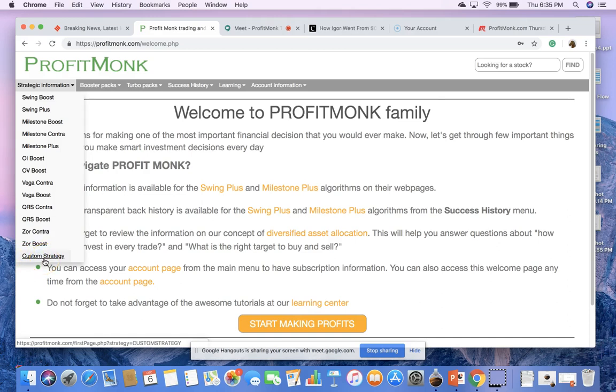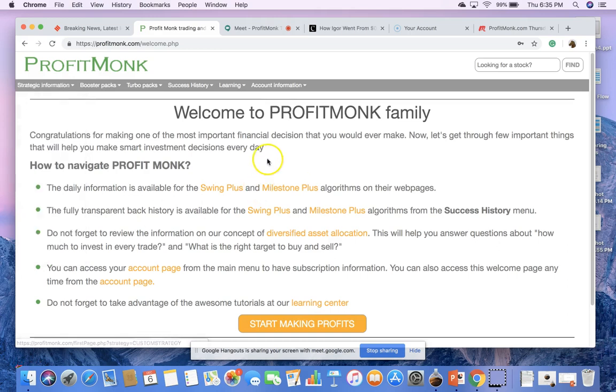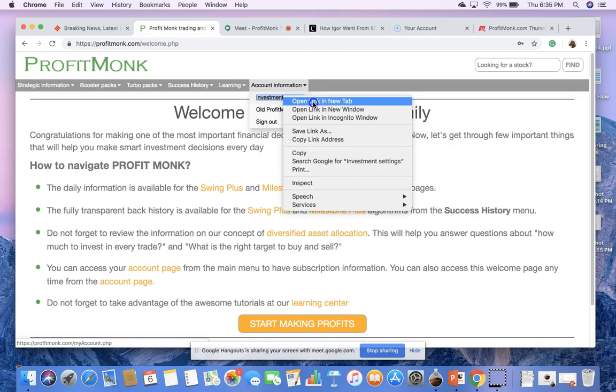No. Okay, so let me first clarify that because that will help you navigate the portfolio better. So if you go to the investment settings page, and I'll open it in a new tab,